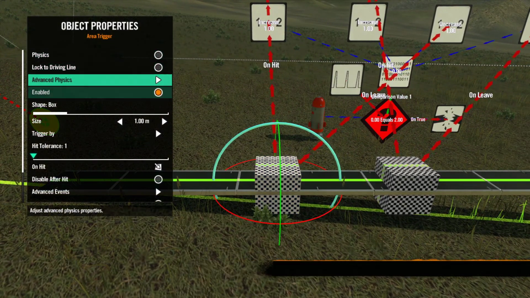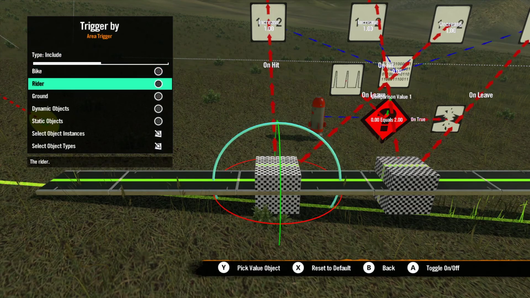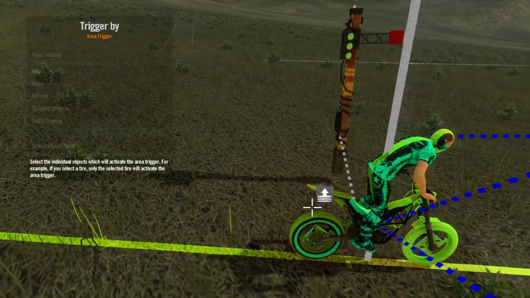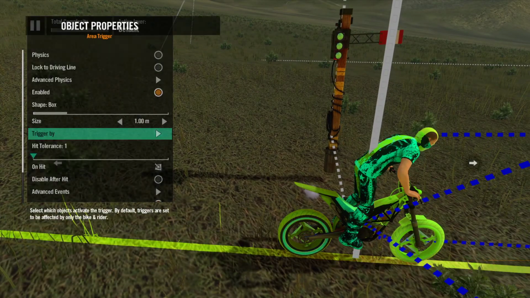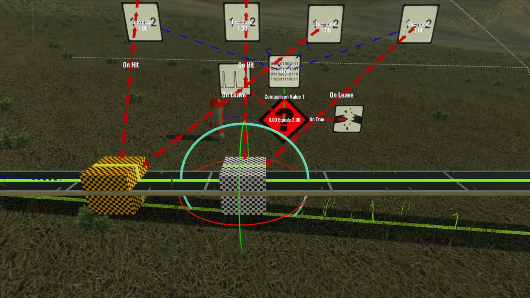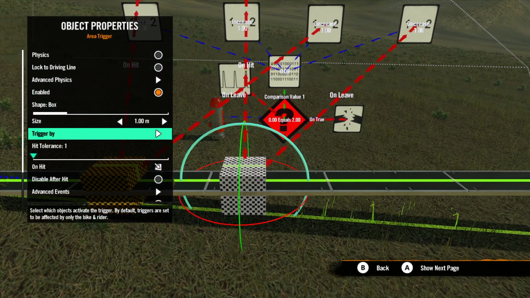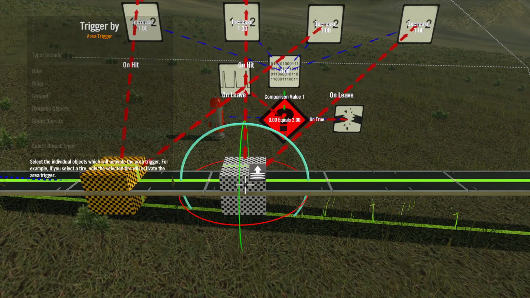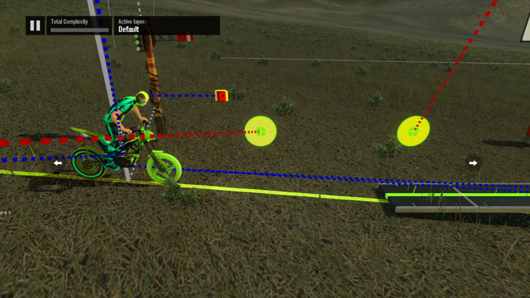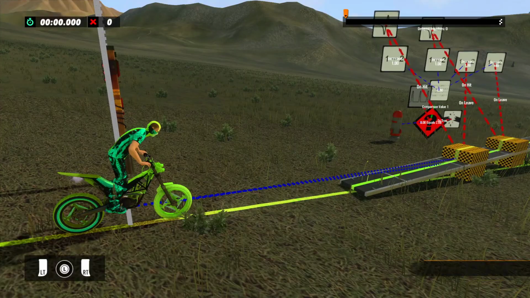just going to go to trigger by, remove both of those, and the item that's going to trigger it is the back wheel only. And the item that's going to trigger this one is going to be the front wheel only. So now,